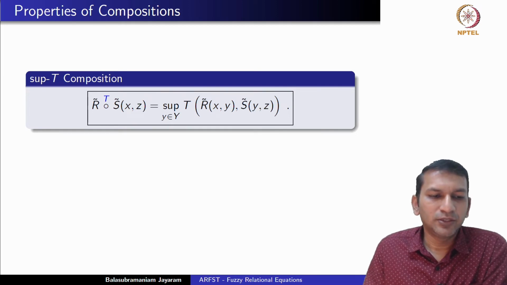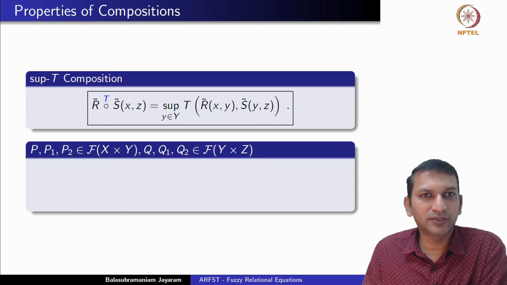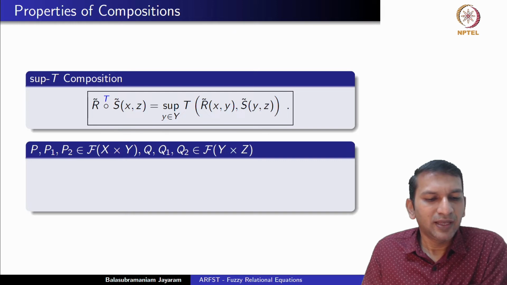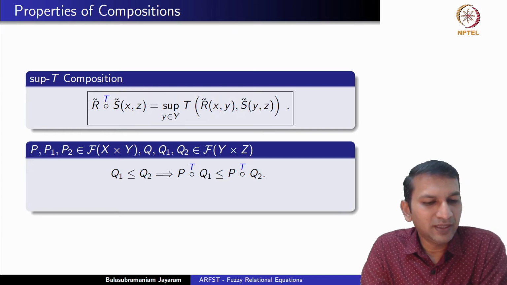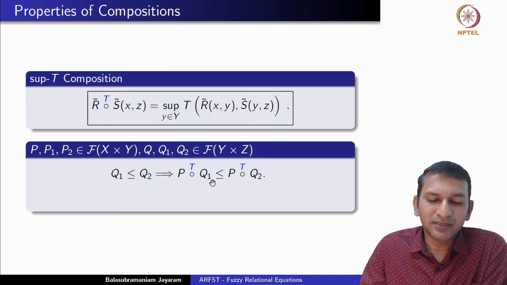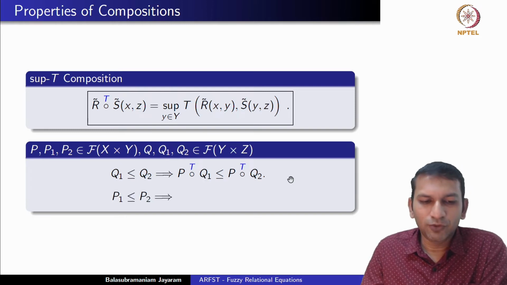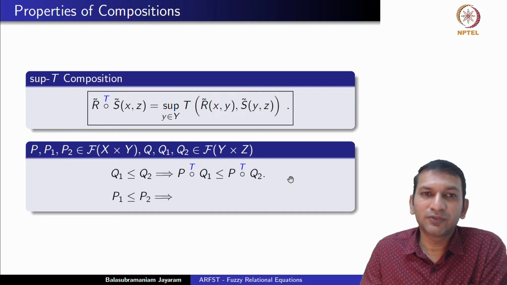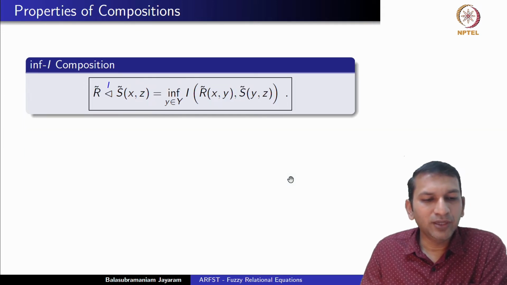This is the sup-T composition. We have seen in one of the earlier lectures when we discussed fuzzy relations that if Q1 is less than or equal to Q2, then if you pre-compose with another P, this is the inequality we retain. It essentially says that it is monotonic in the second variable, of course, because of symmetry of the underlying T-norm that we use. It can also be shown it is monotonic in the first variable. However, if you look at the inf-I composition,